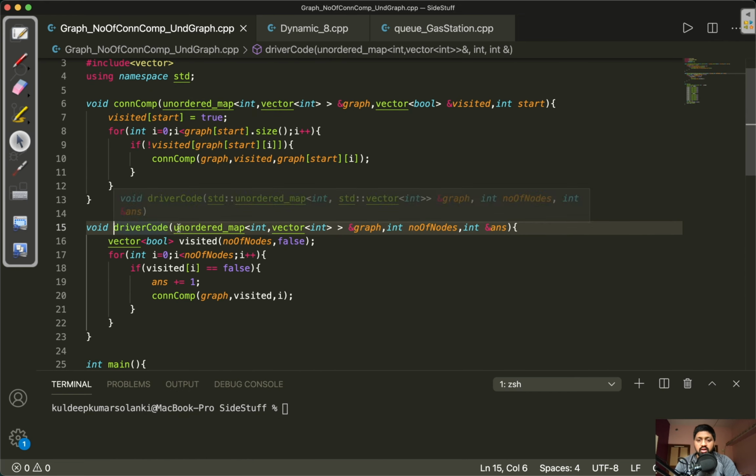This is the driver code in which we have passed the graph in the form of the unordered map, the number of nodes which we have, and the answer variable which we have passed by reference.